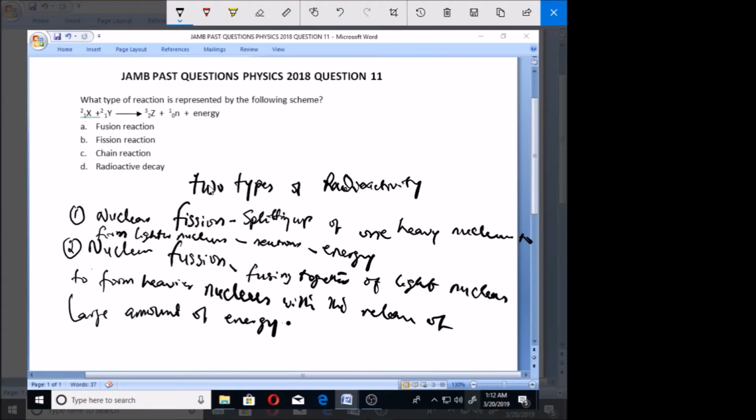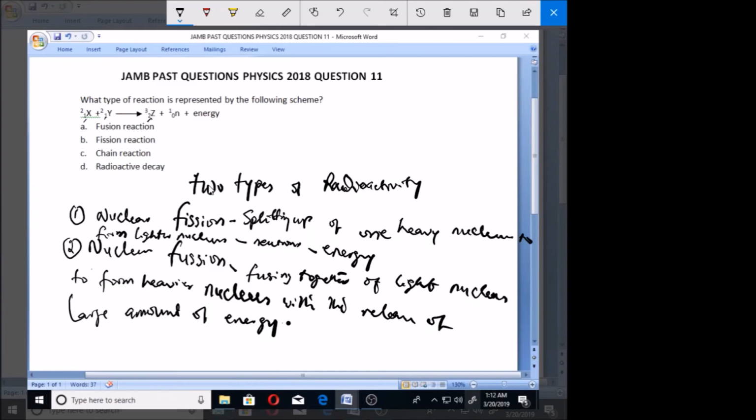When you hear fission reaction, it simply means nuclear fission. So from this, you can look at these radioactive atoms, X and Y. You can see that there is a coming together, because here is one and here is one, so we are having two here. That means there is a coming together to form this one. Here is 2. They are lighter, forming this heavier Z, which is 3. So what we are having here is actually nuclear fusion